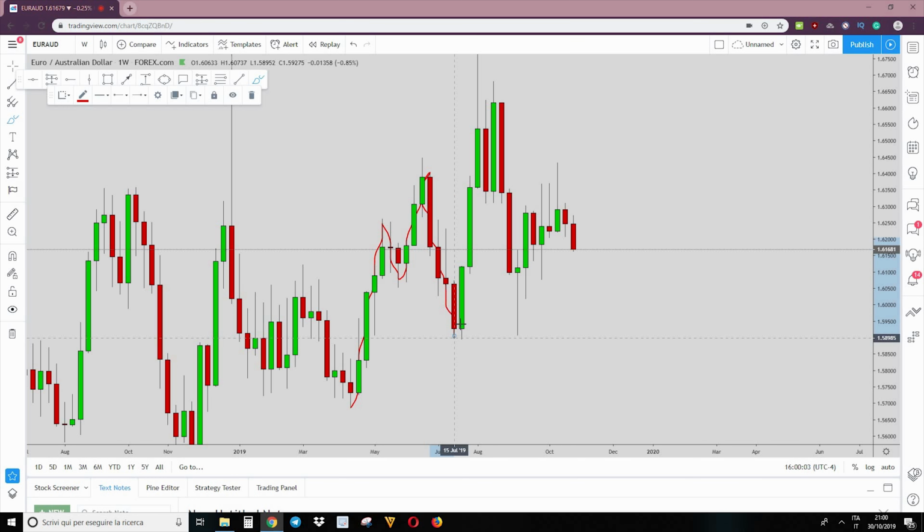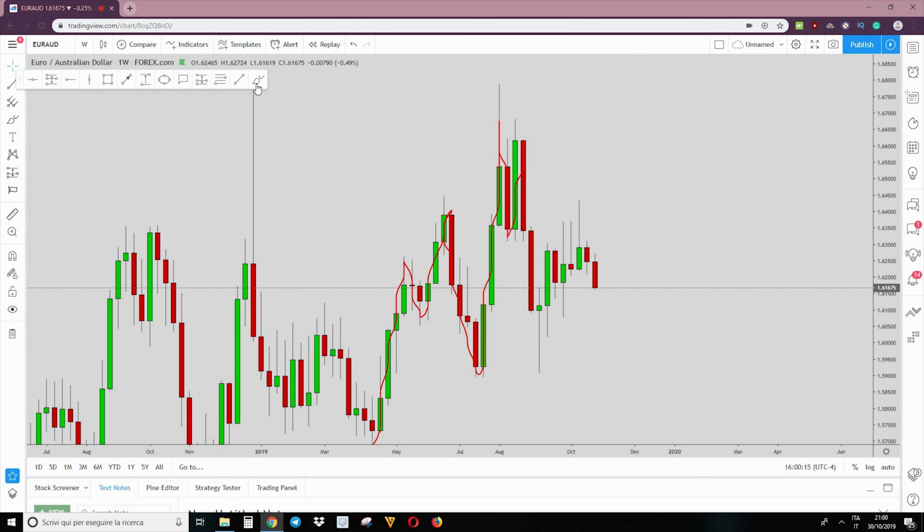Now after this M formation, obviously we expected the push to the upside, and the push to the upside came. So let's keep following the movements. The market goes up and then goes down, and then again it goes up. At this point, if I am to ask you where is the support, obviously the support is at this area